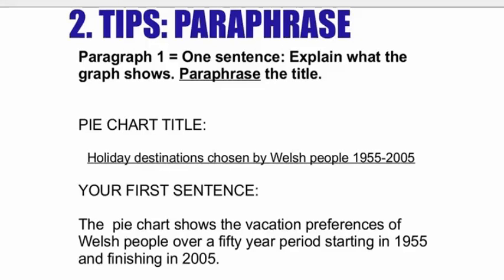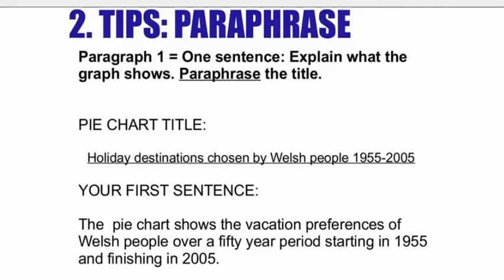Your first sentence in this paragraph, in this essay, if we're following this 4-paragraph model, will just be a very, very simple paraphrase of the title. We're not complicating things, we're just going to paraphrase it, and we've got maybe 10 or 15% of the essay out of the way, and it's a perfectly acceptable introduction. So I'll just go over the title one more time. Holiday Destinations Chosen by Welsh People